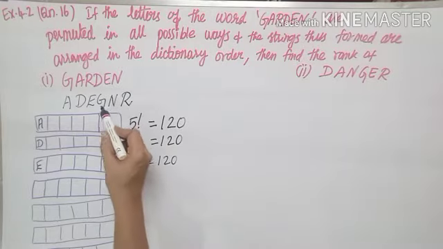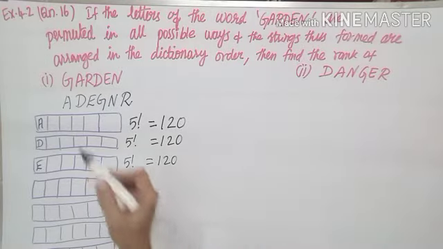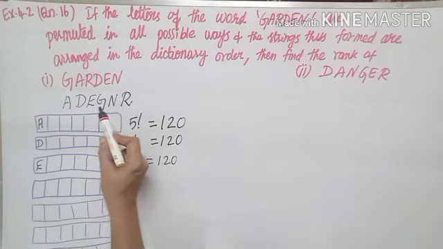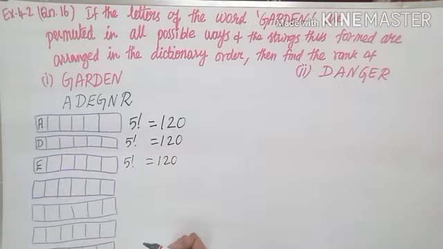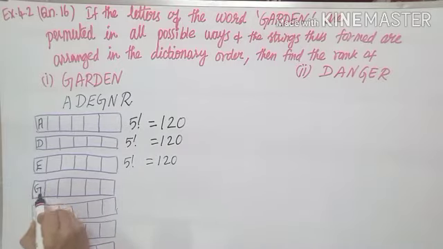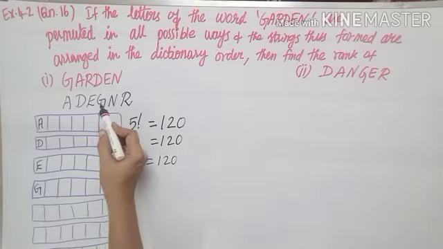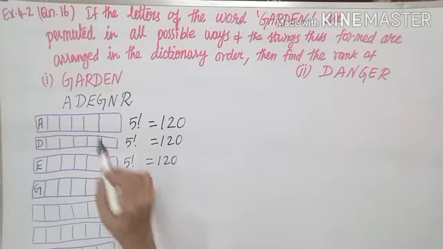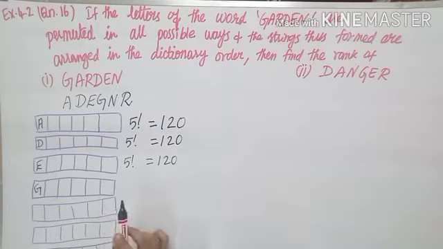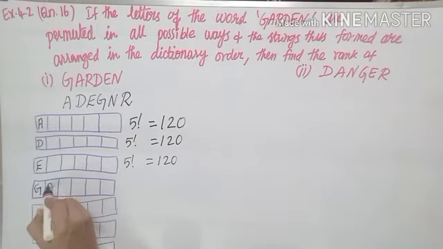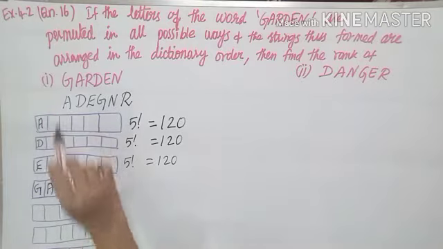Now the letter is G. According to the alphabetical order, it is G. My question also starts with G. If I come to the question, immediately you go on to the second letter. After G, A will come in alphabetical order. In my question also A is coming.